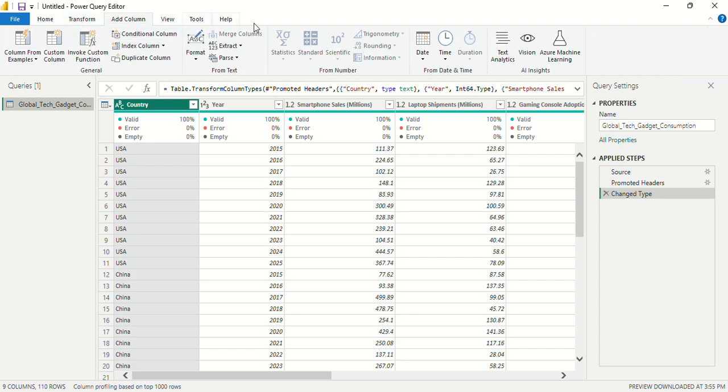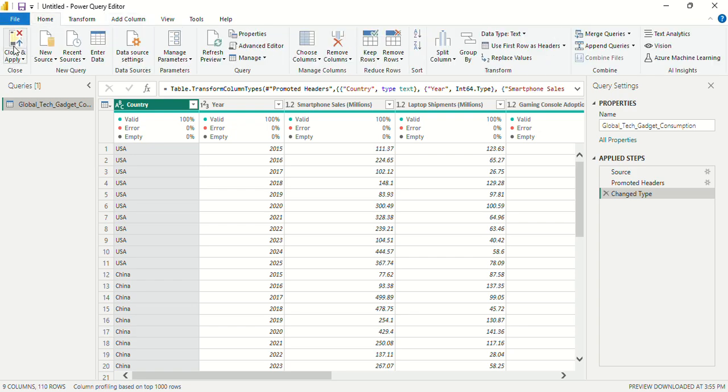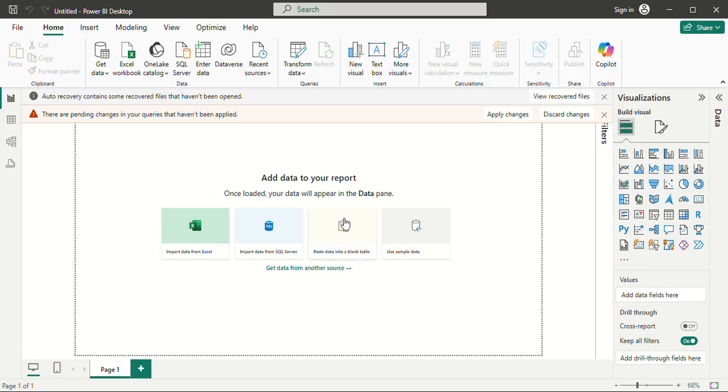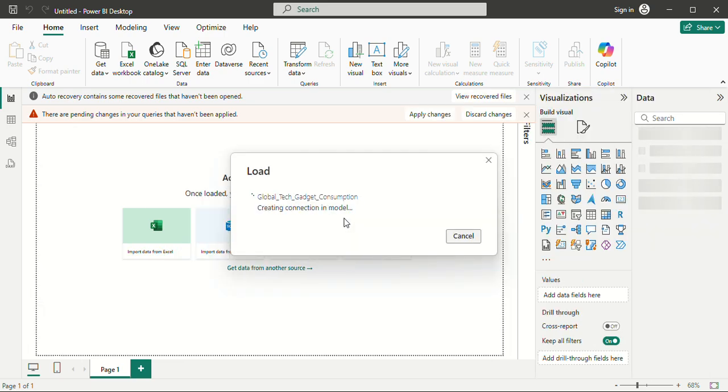Then add columns. Some columns we want to add, like column from example, some specific custom columns, or conditional column where you can apply some conditions. Some formatting columns, like we talked about in the previous transformation: trim, clean, capitalize, lowercase, uppercase, etc. After you have cleaned, you can go to Home and click close and apply. After you clean your data, your CSV file is uploaded in Power BI.